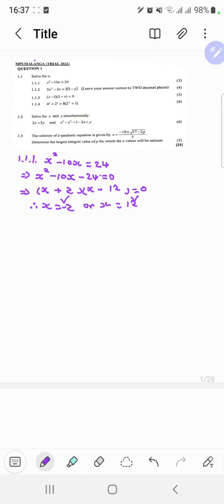Okay. Of course, looking at those marks, you're getting marks for factorization. And then you're getting those extra marks for your answers. Okay, so let's go to 1.1.2. Now this one says we are to solve correct to 2 decimal places. Already this one is a leading question. It already tells us that we are to employ either completing a square, or